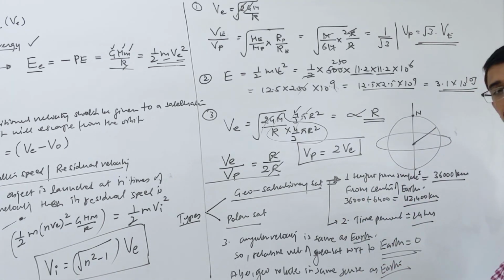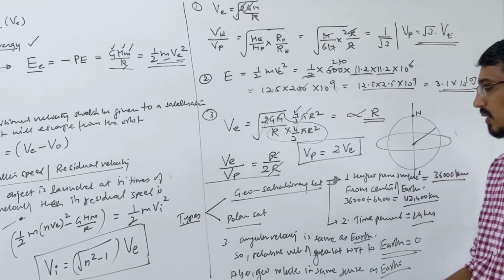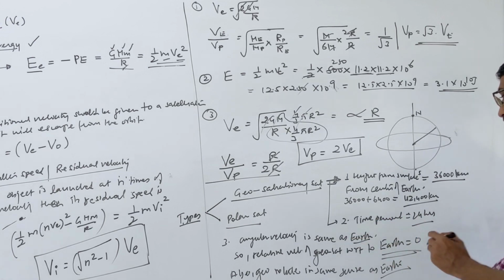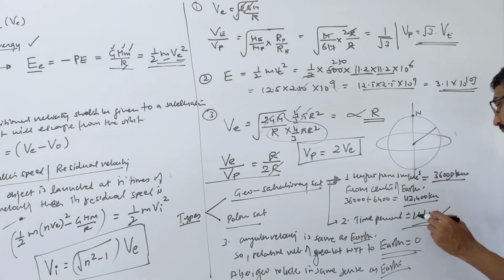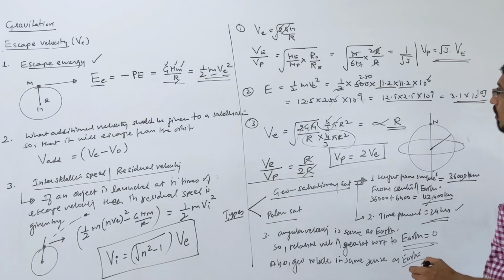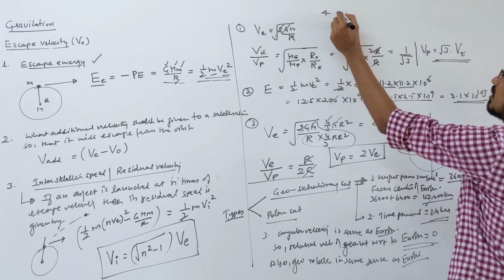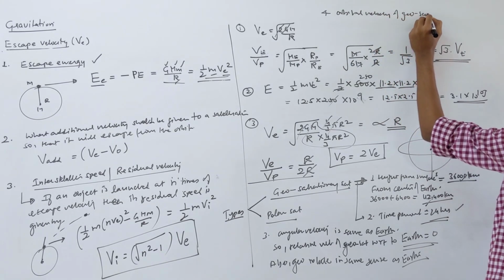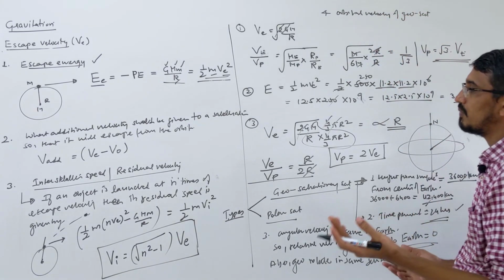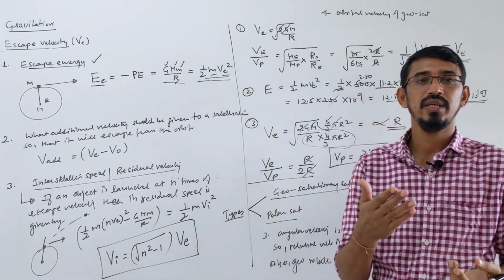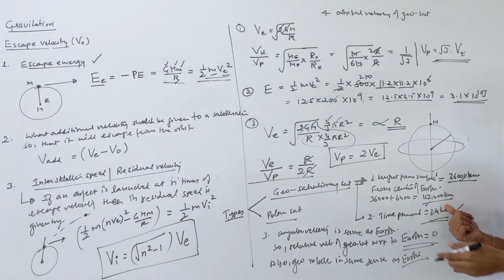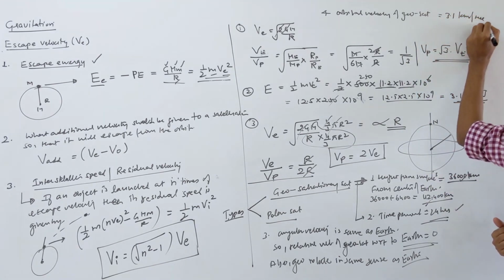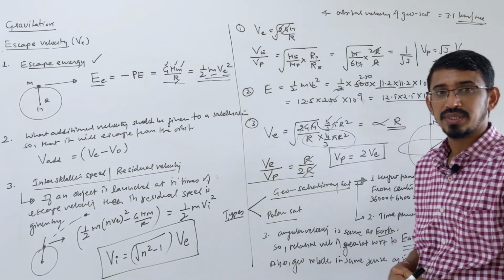Look here, now many things. Direction of rotation is the same as earth only, and the angular velocity, not linear, is the same as earth, so the relative angular velocity becomes 0. And the time period of rotation is also the same as earth. Height I will discuss here. If somebody asks you what is the orbital velocity of a geo satellite, look here, the orbital velocity formula is root GM by r. We know G, M, and r means distance, which is the total distance. When you put that value in this formula, it comes to 3.1 kilometer per second. That's the orbital velocity of a geo satellite, okay.